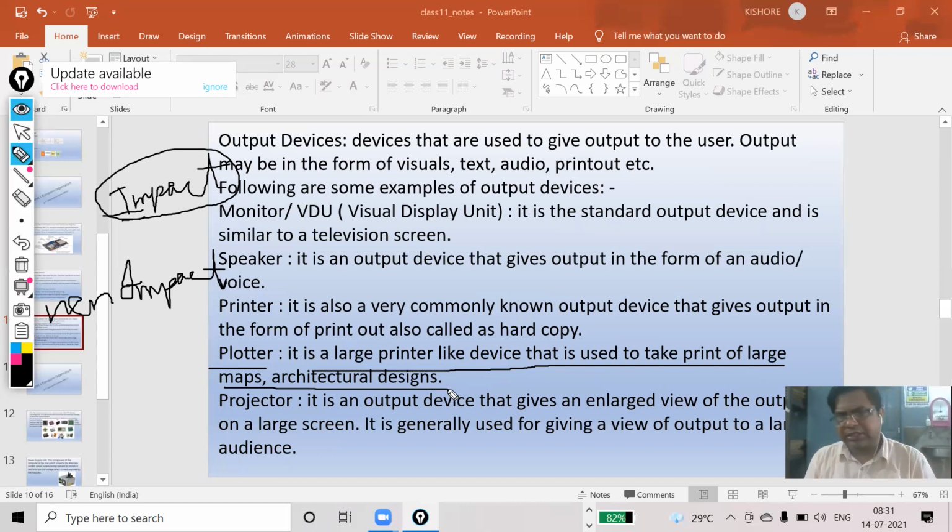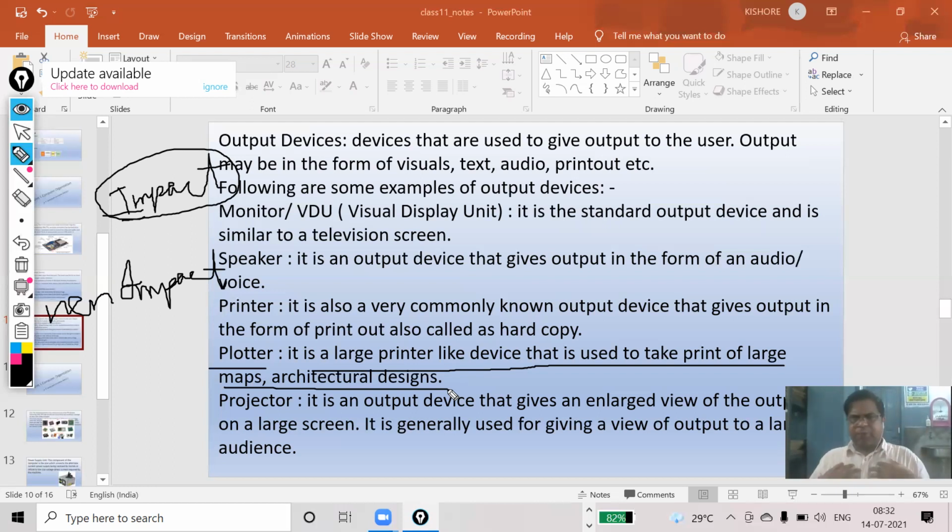Like the engineer going to work on the dam, they have to draw the dam on the screen using the software, and they want this output to be taken on a big scale, then the plotter will help a lot.